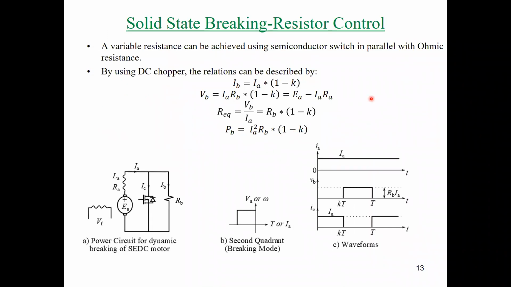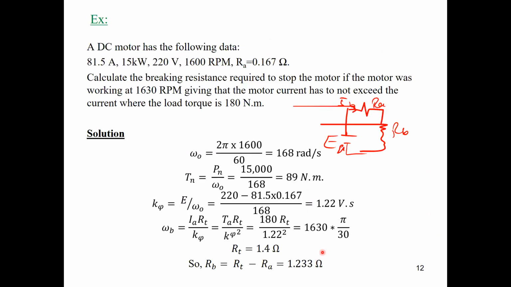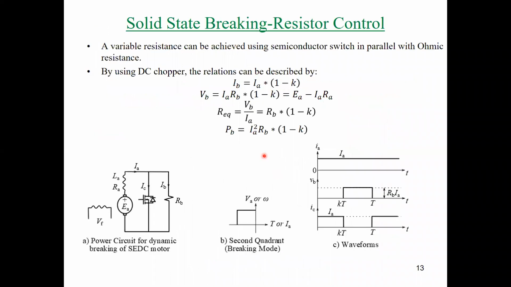How can we control the value of the braking resistor? I mean, if you go to the market and tell the developers, I need a resistor, for example, with this value, 1.33, 1.233, is it easy to find that resistance? It's not easy. So we need something to make an accurate resistance. I mean,